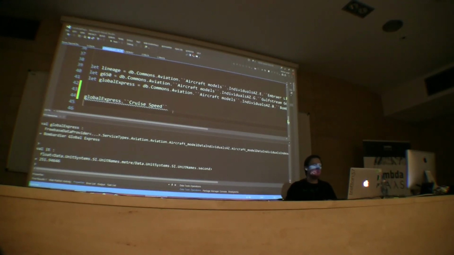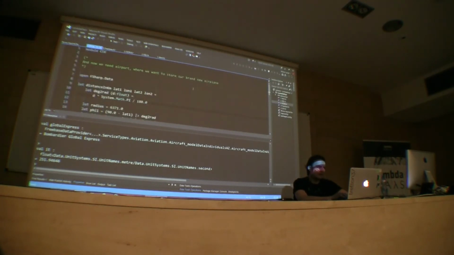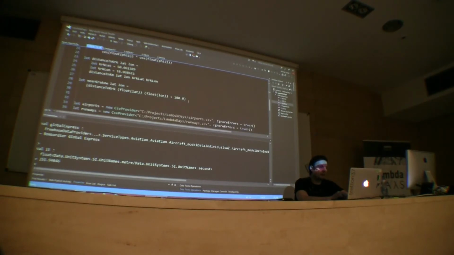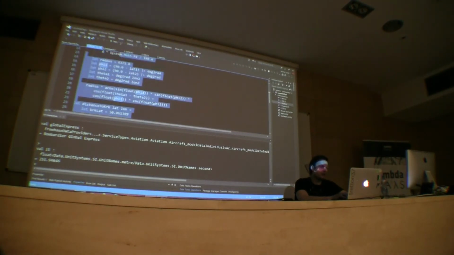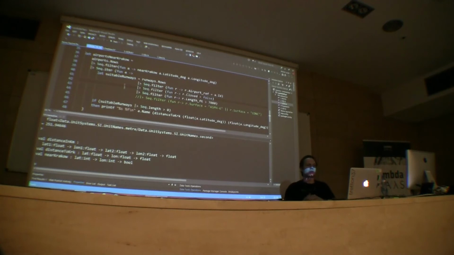But now this gives me another problem to solve, because I know for a fact that this plane needs around 6,000 feet of airstrip to start or land. So we have to find some airports for that. For that, we're going to use CSV type providers, because I found a huge CSV file with a database of airports and airstrips, so we can get some data from there. Again, I wrote some boilerplate code for just counting distance of stuff. It's not necessary for us to dwell into it. But now I'm just writing some query for this CSV file.